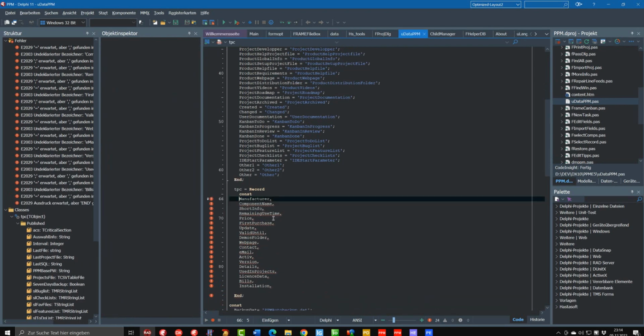So, and now let's start to record the macro. At first I set the cursor to the beginning of the line by pressing the Home key. Now I press the record button, and now I simply use Control and arrow right, then holding the Shift key and the Control key, and press the arrow right again. Then I leave only the Control key and hold the Shift key, going one to the left, and then pressing